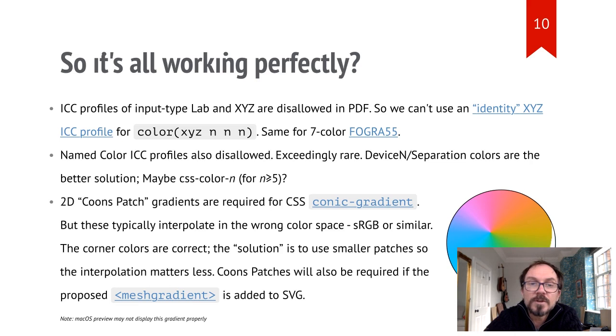In practice, it's not a huge problem. Anything not in the subset is pretty esoteric. One example is Fogra 55, a 7-color process with cyan, magenta, yellow, black, orange, green, and violet. Fogra released a beta ICC profile for this condition just 5 months ago. Another one worth mentioning is an XYZ identity profile, where you specify the components directly as X, Y, and Z values. This one is significant because CSS Color 4 lists XYZ as a predefined ICC profile. Well, we can't use it in PDF for this reason.